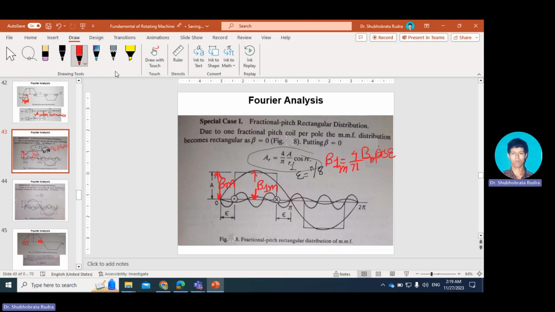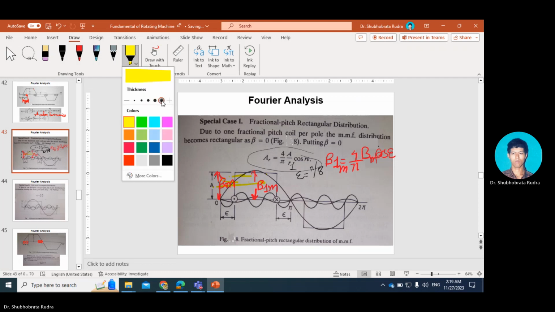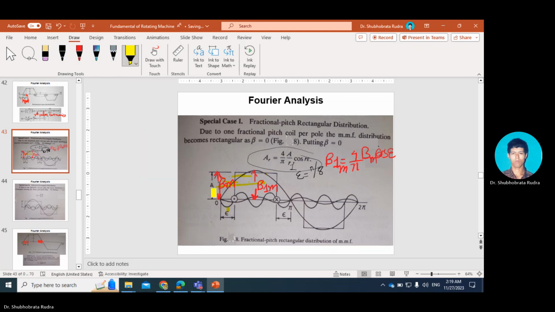So what we know, this entire area under this curve, we can find out if we know the average value. So how much is the average flux? Since this fundamental is sinusoidal, therefore we can write this average value is